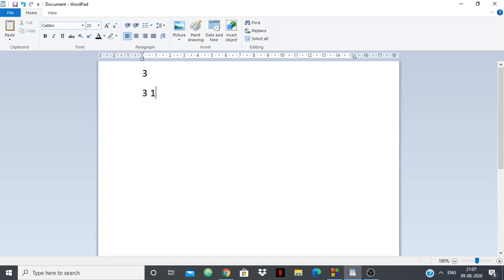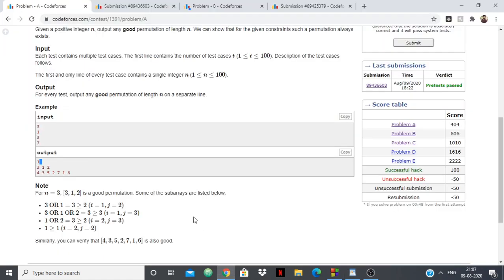For 3 1 2, the OR of 1 by itself is greater than or equal to 1, the OR of 3 1 is greater than or equal to 2, and 3 alone is greater than or equal to 1. Likewise, this will be greater than or equal to 2, and this greater than or equal to 3. So this is a permutation which follows what we wanted, right?